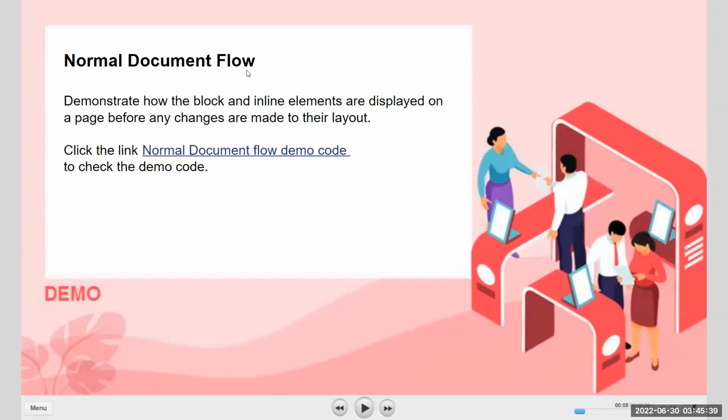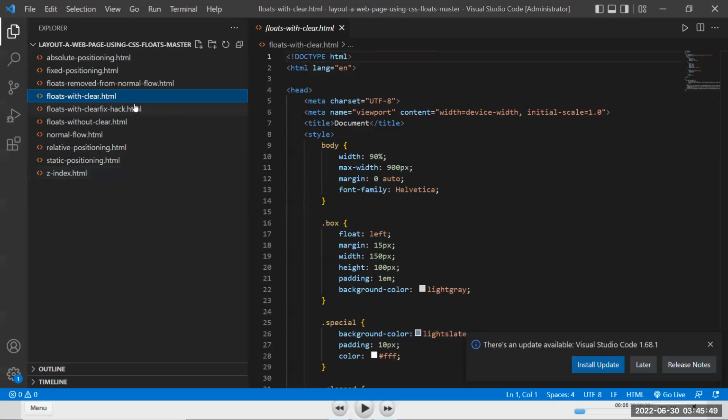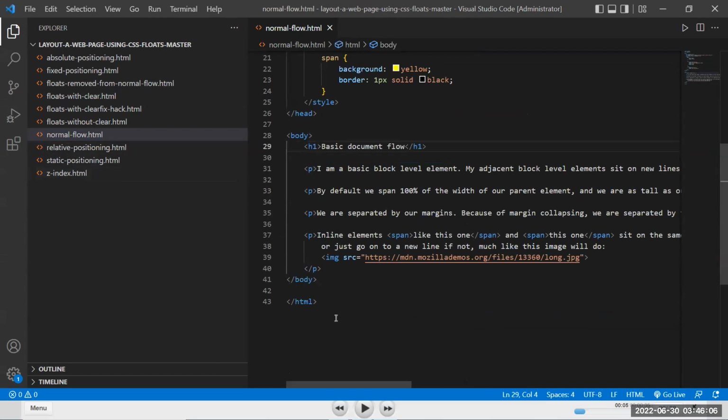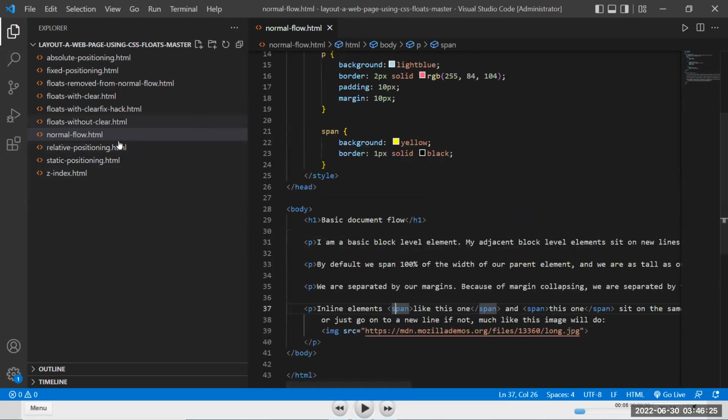Okay, next, normal document flow. Click the link normal document flow demo code to check the demo code. So now I'll go to my code, and here I'll open the normal flow HTML. You see the example over here. Within the body, I have an H1, basic document flow, and I have 1, 2, 3, 4 P's. The first P has some text, the second P has some text, and the fourth P has some text, and inside the text it has some span tags. Then at the end, in the footer section, it has one image. Now if I run this,